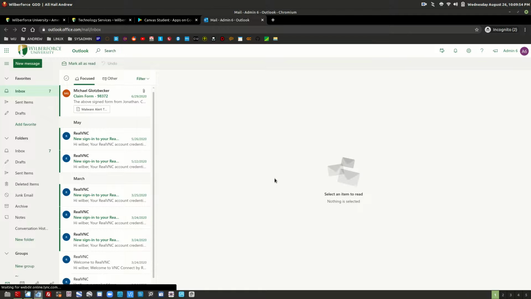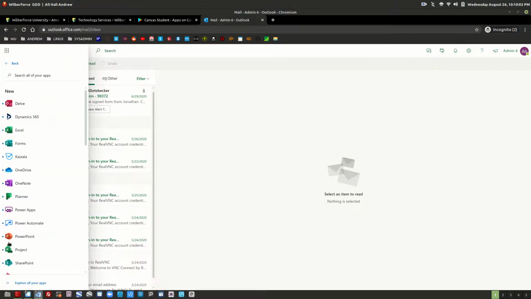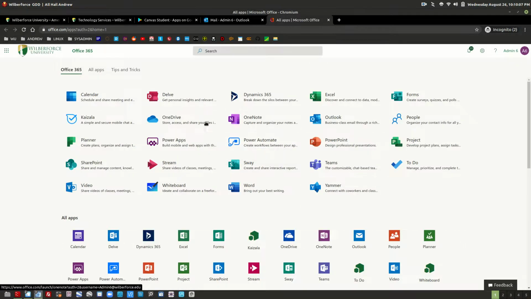Once you're at Outlook, that's going to be the first thing you come to once you log in. You can click up at the little square here and see all your apps. So let's explore some of these. There's quite a few applications here within Office 365 that you can use to make your life easier while you're